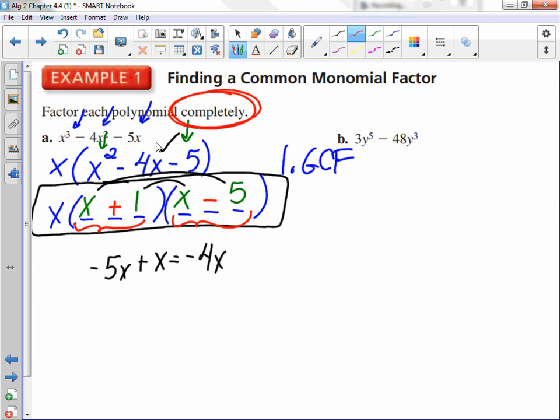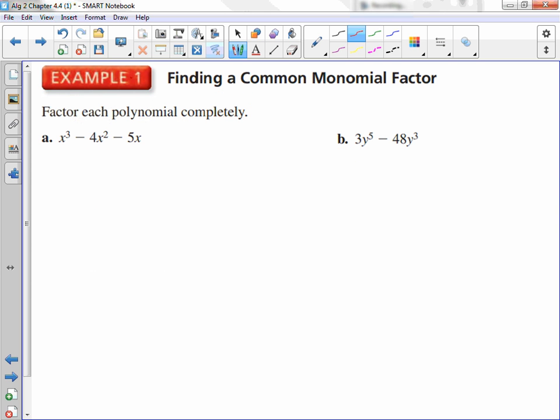Any questions on this first one here? Any questions on this first problem? Okay, let's look at the next one. So again,